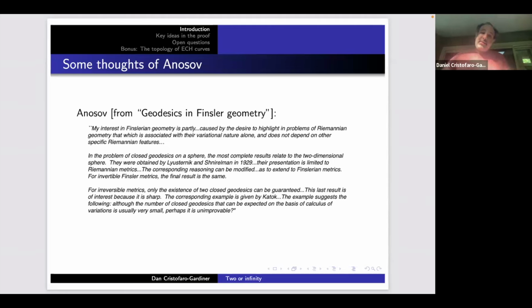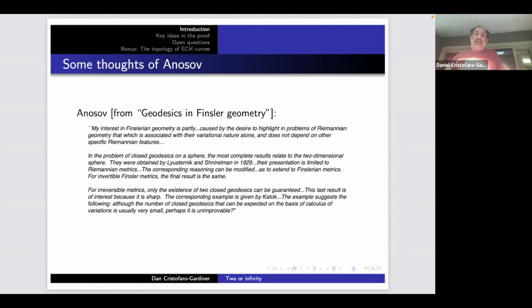So there is this Finslerian geometry. Maybe we won't take time to define it, but it's interesting to see what Anosov writes about why he's actually interested in it. So, if you look at the first paragraph, Finslerian geometry is a generalization of Riemannian geometry, which, as we'll see later in the talk, is quite natural for us as contact and symplectic geometers. So, what Anosov says is it's interesting to think about Riemannian geometry in concert with Finslerian geometry, because then one can find